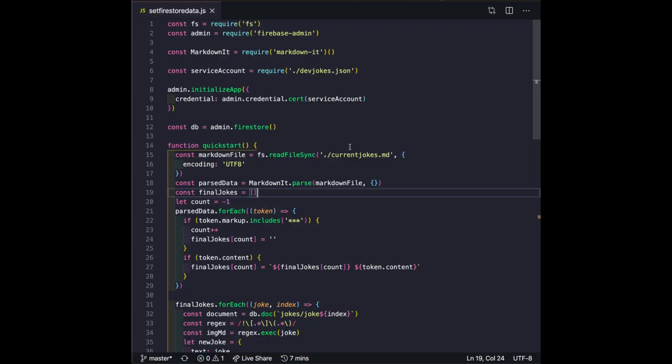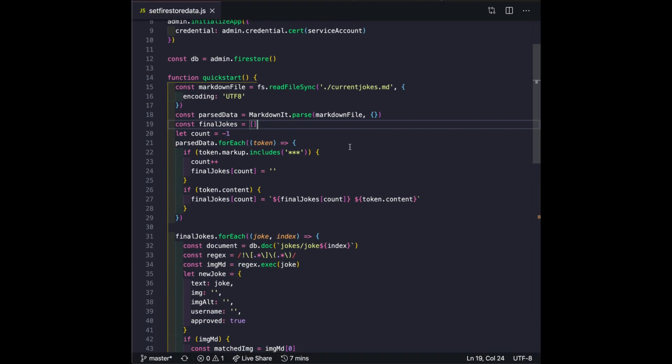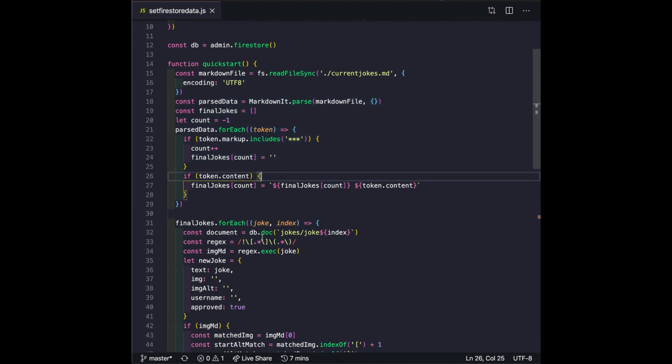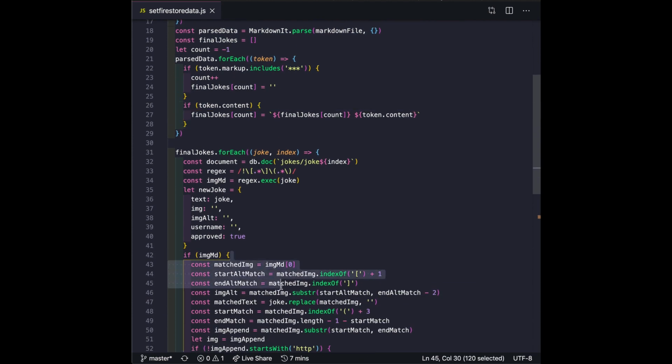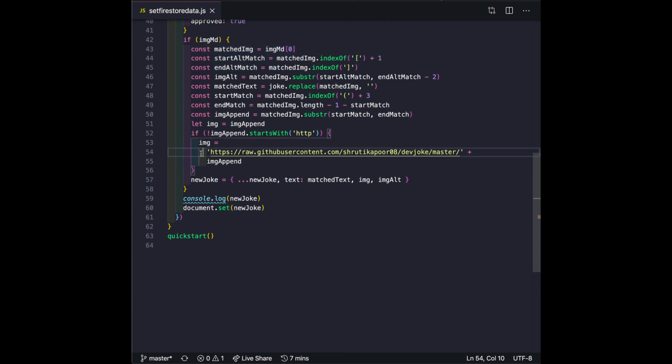So I created a Node.js script where I again read the markdown from the dev jokes repository and converted that into a JSON array. Then I went through each item of the JSON array and pushed them to Firestore using their Node.js API. Thumbs up to Firestore. My next challenge was to try and access the Firestore database in my Nuxt.js.